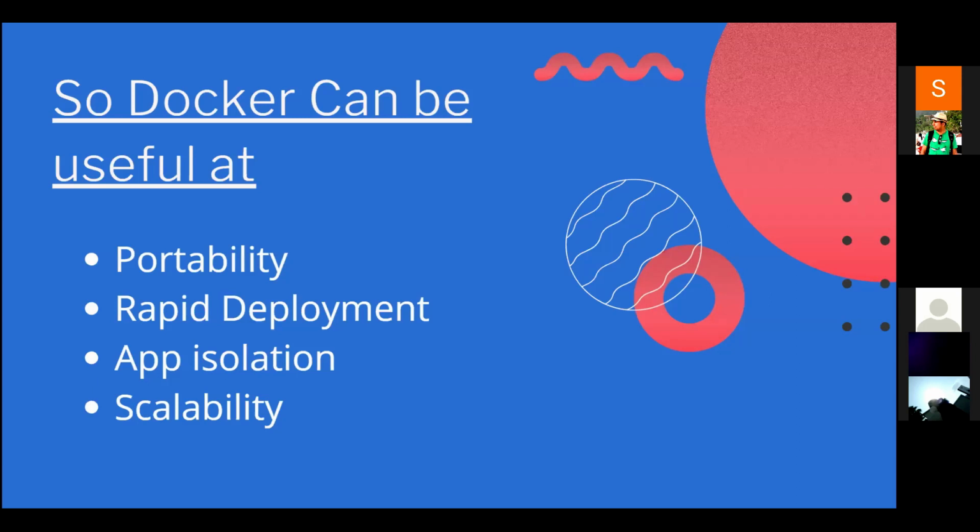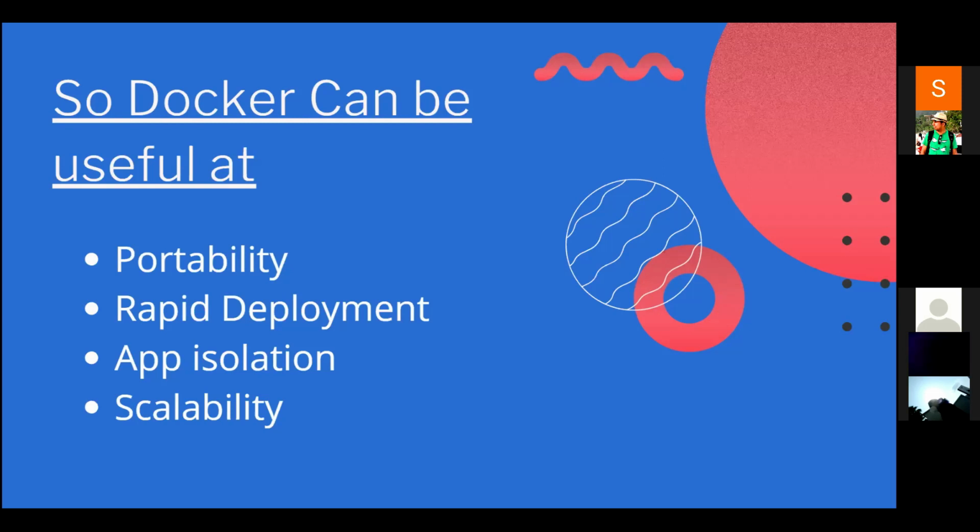With Docker, you get portability. Let me give you an example. I'm running one application on my machine. As a developer, I require Ubuntu OS, MongoDB, and React on a Node server to run my application. On a normal machine, I have to install everything. Now if I want to set up another machine, I have to download and install all the applications again.